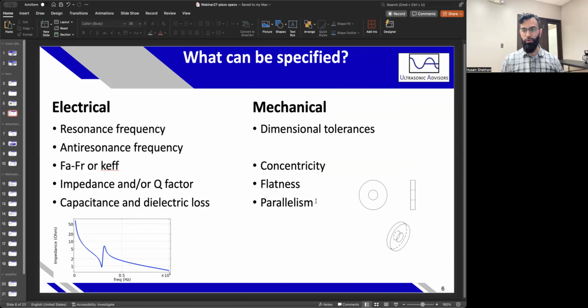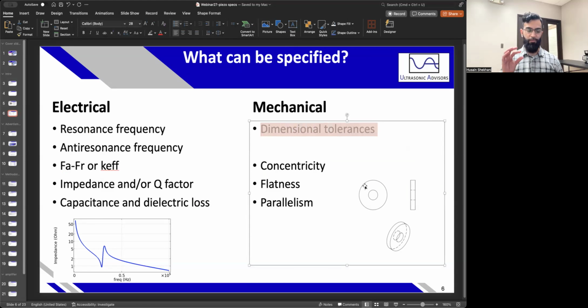You could have more internal requirements, but those are going to be the things that are relevant across the board. You can also put the mechanical and dimensional tolerances, like how thick something is and the tolerances of that. That's pretty standard, I think. But the concentricity, flatness, and parallelism, in many applications, do have a huge impact on the final performance. But it's hard to know exactly what's too much. These are things that you need to keep in mind, and it doesn't hurt to specify them in a